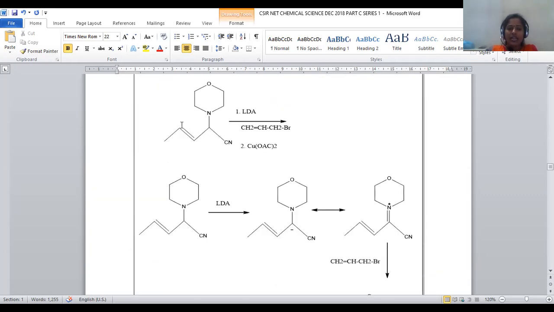Here, when this starting material is treated with lithium diisopropylamide, being a strong base, it will abstract the H, and a carbene will be generated. Here, this carbon has an electron withdrawing group at this center and another functional group, so it is a suitable position to abstract the H, and generation of the carbene will be possible. The carbene generated can be stabilized by resonance with the adjacent nitrogen, because nitrogen, being an electron pair donor, gives the electron pair, and there is a possibility of such interconvertible resonance.